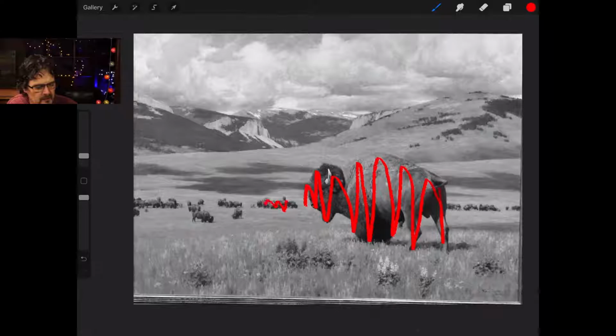The buffalo are the same as the trees. Right? They're darks. Same as cloud shadow.